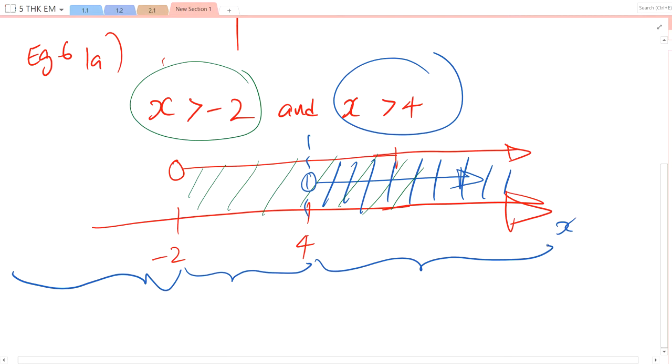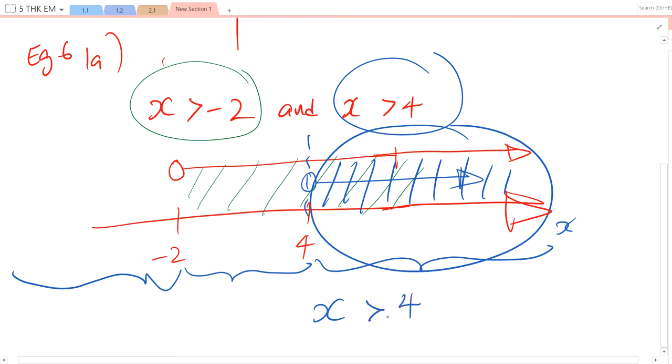We look for the region where it is shaded 2 times. Or we call it the point of intersection, the area of intersection. So this part we didn't color at all. This part we only colored once, green color. This part we colored twice, green plus blue, and that is the region I want. Therefore, my answer will be x is greater than